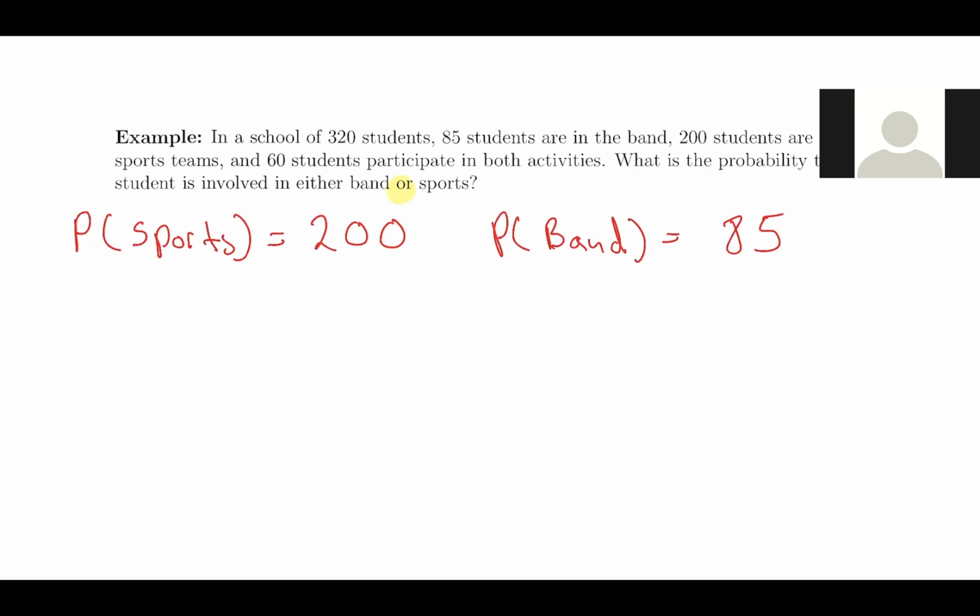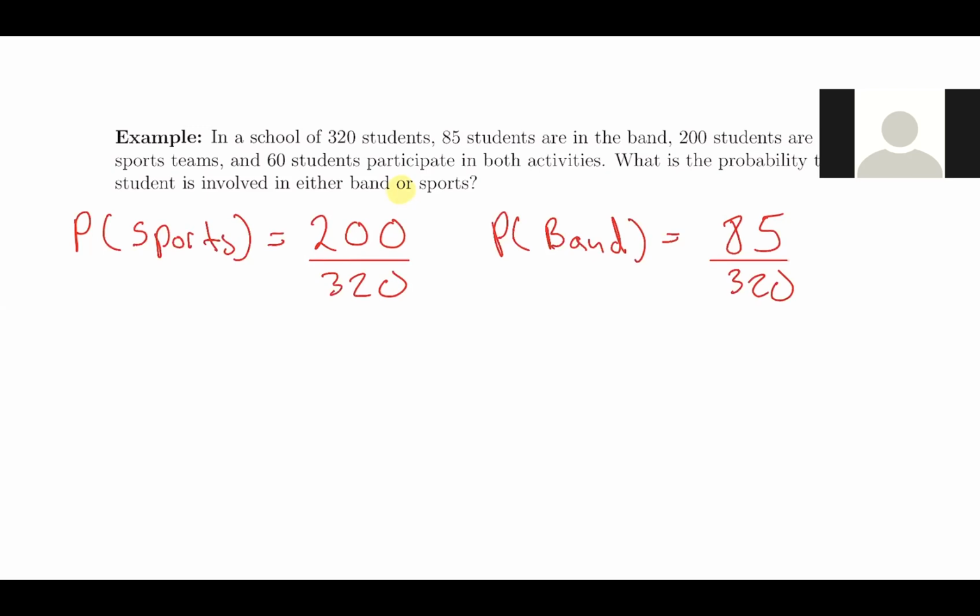If I want to make it into a probability, what I have to do is divide it by however many total students there are in this school. So how many total students do they tell us are in this school? Yeah, 320. Good. All right, so we have 200 out of 320 for sports team, and we have 85 out of 320